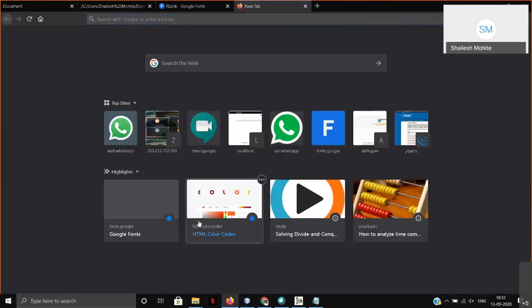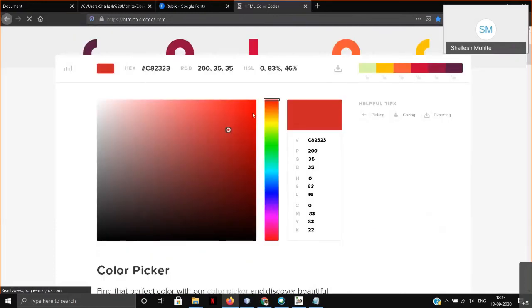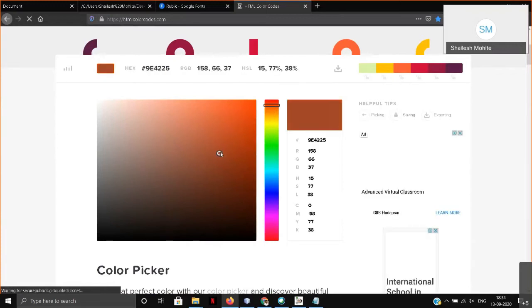If you want different types of color, there is a website known as htmlcolorcodes.com. Here you can take any type of color in the form of a hex code. Let me explain what a hex code is. Suppose you want this color to be selected.